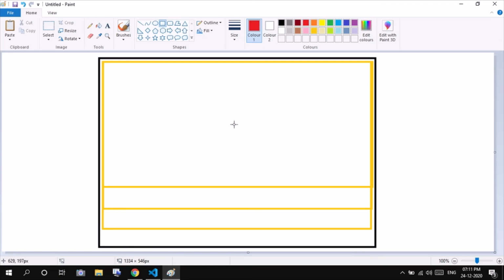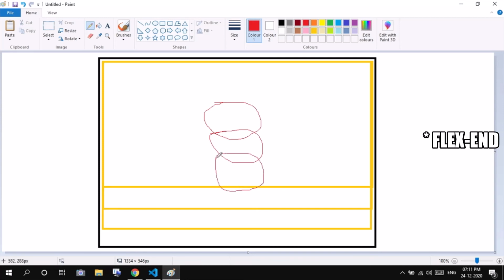So all the bursts will be at the center of these divs. Burst of the rocket for this div will be at this center, for this div it will be at this position, and for the last one it will be at this position, right?